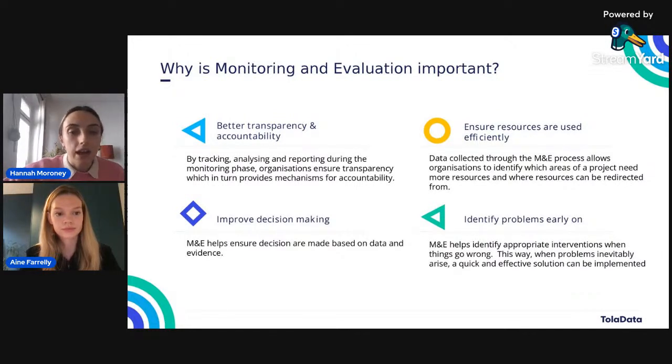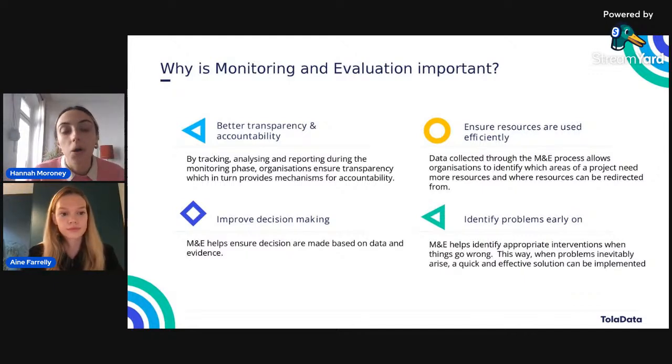We want to talk about monitoring and evaluation in digital tools and improving this transparency and accountability in one place. We also want to look at how to improve decision making, and monitoring and evaluation will always allow you to improve your decision making for the simple reason that your decisions are going to be founded on data, on evidence, and that will always make sure you're making choices that are in line with the results that you're getting and in line with the results that you want to achieve as well.